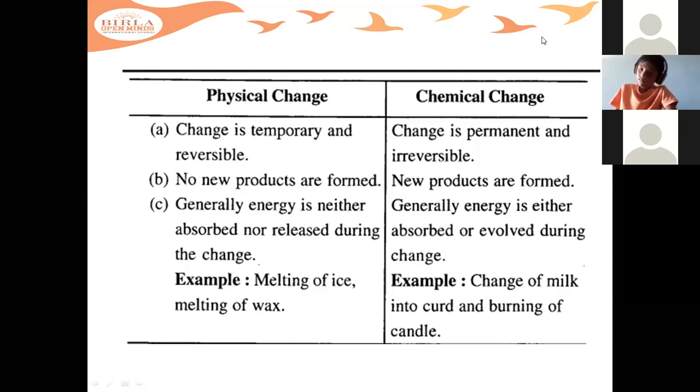So children, is this clear now with the physical and chemical change? Physical changes are temporary and reversible. For example, take a rubber band. On that day, we have already discussed this example. If you take a rubber band and pull it, what happens? When you leave it, it comes back to its normal shape. If you go on putting pressure on that and go on pulling it, what happens? It breaks.